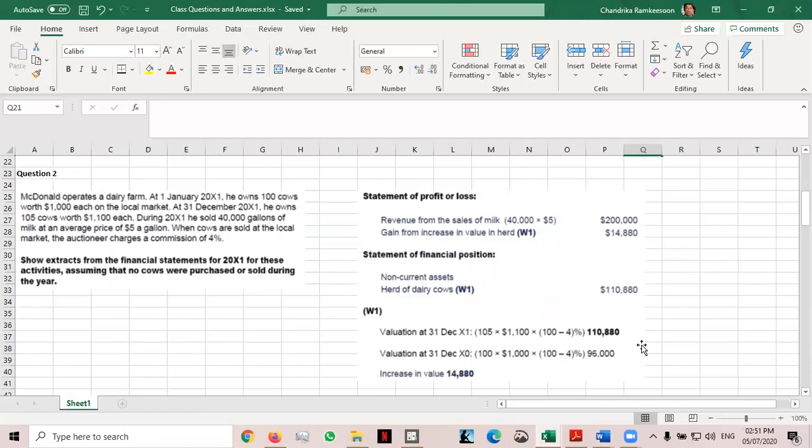It was not a separate animal purchased. And this is why IAS 41 is such an interesting standard. This is also why the cows, being referred to as biological assets, are valued the way in which they are valued. And when you look at the standard, as we saw earlier,